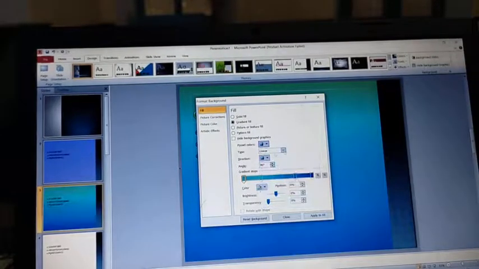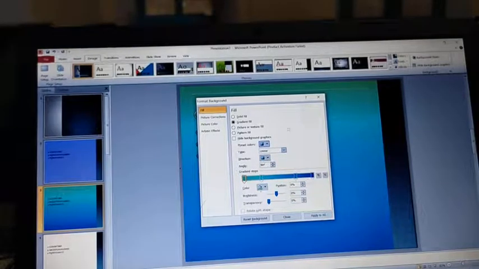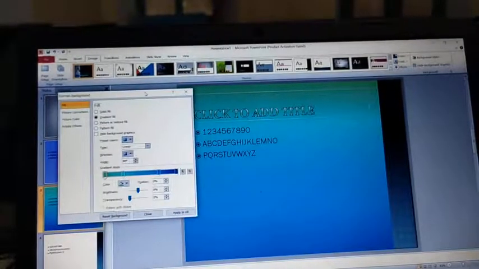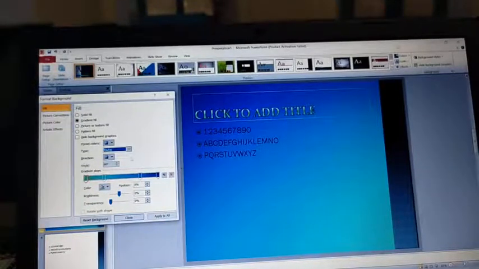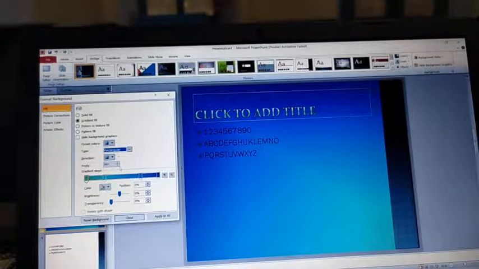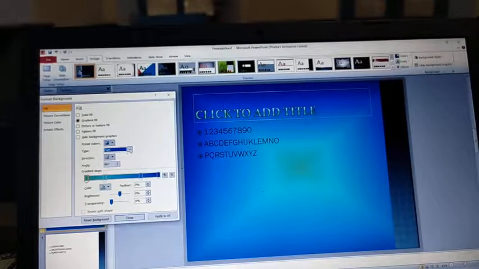See this one, this is in lines form. I will change. See, it's more like a curved form, then rectangular. So these are the various effects that we can give.